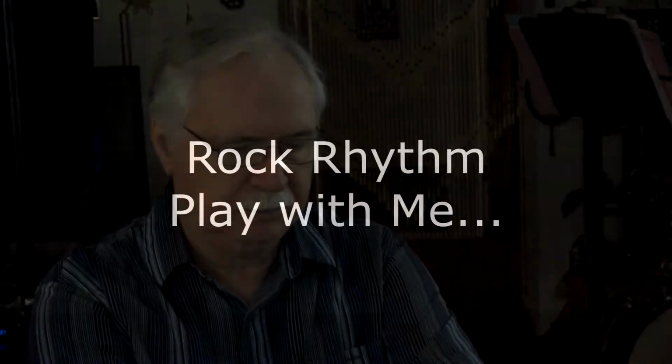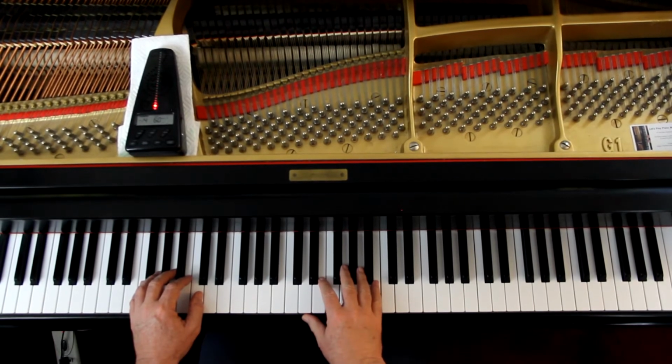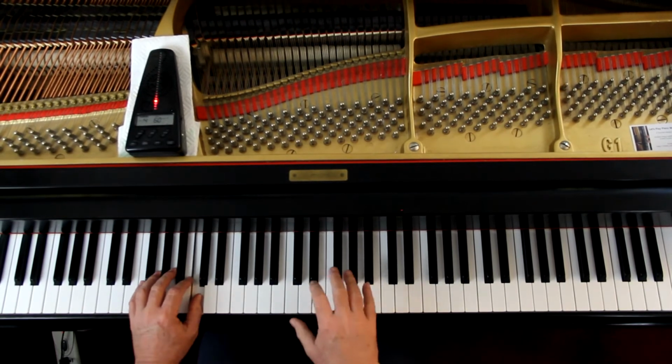So I'll give us 4 counts. So we're going to play this regular, straight through. You can use a rock rhythm if you want, just straight through. 1, 2, and ready and go, and